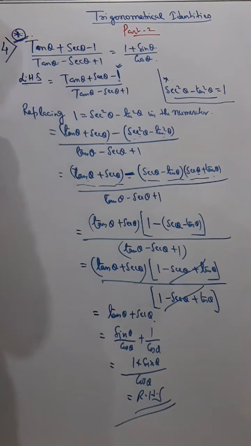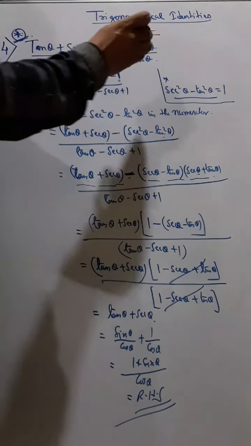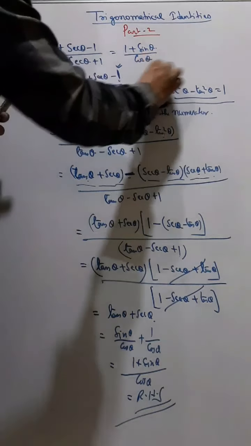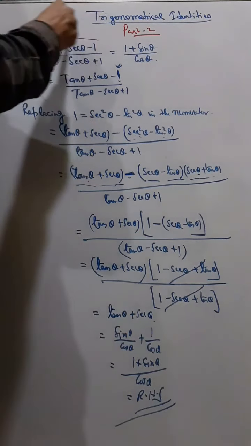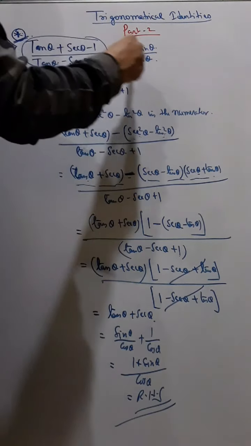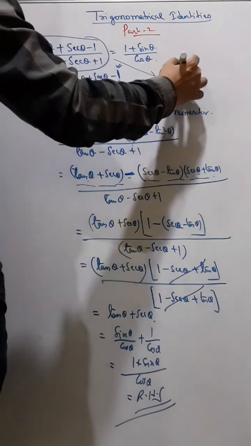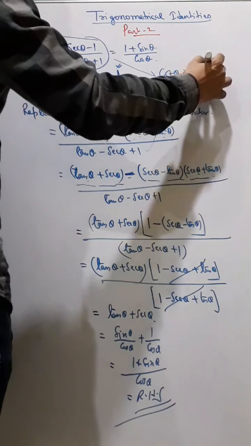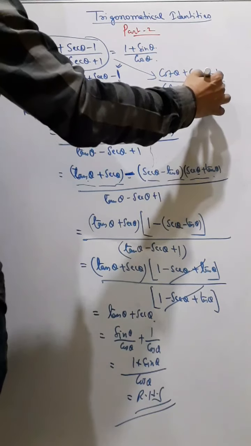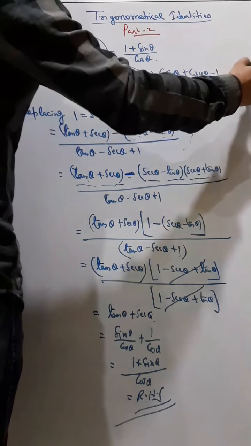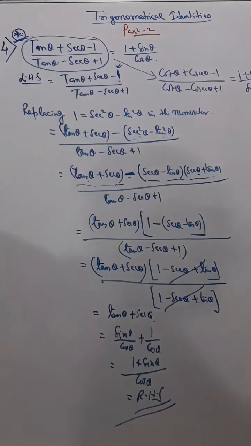Now there is a similar sum you will find. Okay, similar sum you will find. I am rubbing this, or see here, in this type of sum you will find another sum, and in place of tan there will be cot theta plus cosec theta minus 1, cot theta minus cosec theta plus 1 is equal to 1 plus cos theta by sin theta. You will find a similar sum. You will do in the same method.